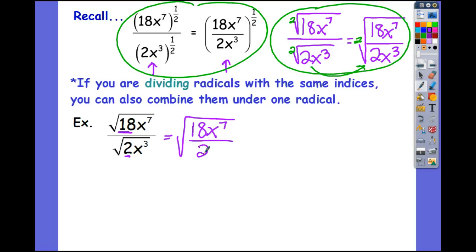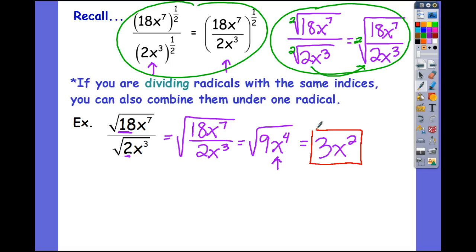I would get the square root of 18 divided by 2 is 9. X to the 7th divided by x to the 3rd is x to the 4th. 3 x's on the top would cancel with 3 x's on the bottom. And square root of 9 is 3. Square root of x to the 4th, or x to the 4th to the 1/2 power, would be x squared. 3x squared times 3x squared would give me 9x to the 4th. So with this idea,